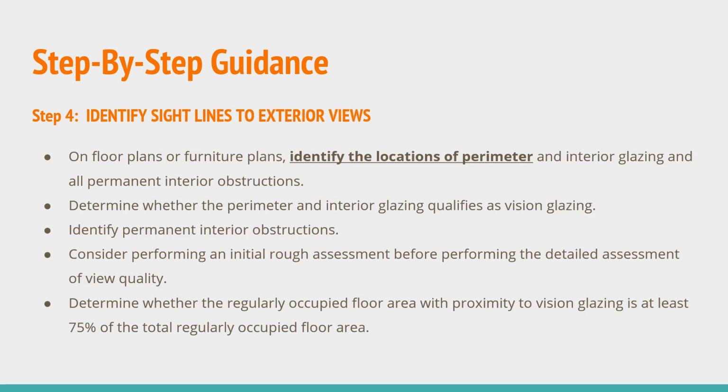Then let's come to step 4, identify sight lines to exterior views. On floor plans or furniture plans, identify the locations of perimeter and interior glazing and all permanent interior obstructions. Determine whether the perimeter and interior glazing qualifies as vision glazing. Identify permanent interior obstructions. Consider performing an initial rough assessment before performing the detailed assessment of view quality. Determine whether the regularly occupied floor area with proximity to vision glazing is at least 75% of the total regularly